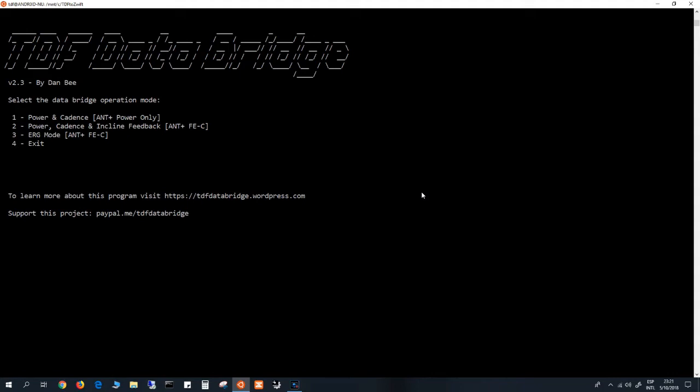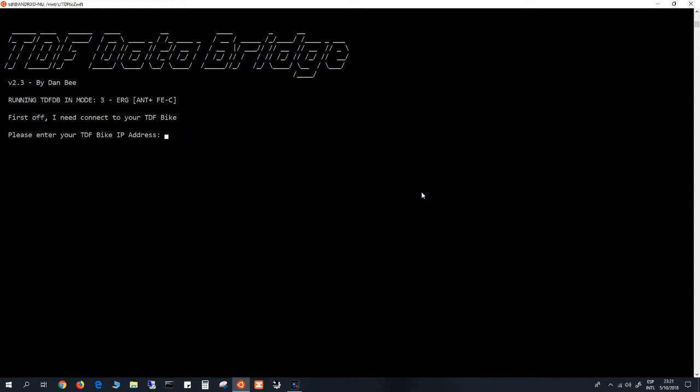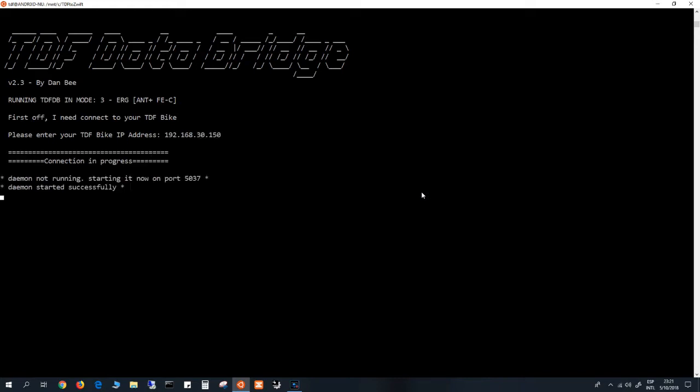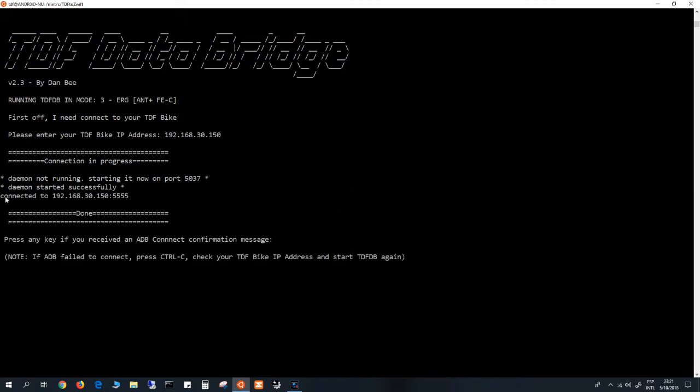Okay, so I'm going to select number 3 now for ERG mode, and I'm presented with this TDF Bike Connect screen you must be familiar with by now. I'm going to enter the IP address of my bike. Once the bike is connected, you receive this confirmation message. It means you're ready to move on to the next stage, which is starting the programs and everything. I'm going to hit enter,